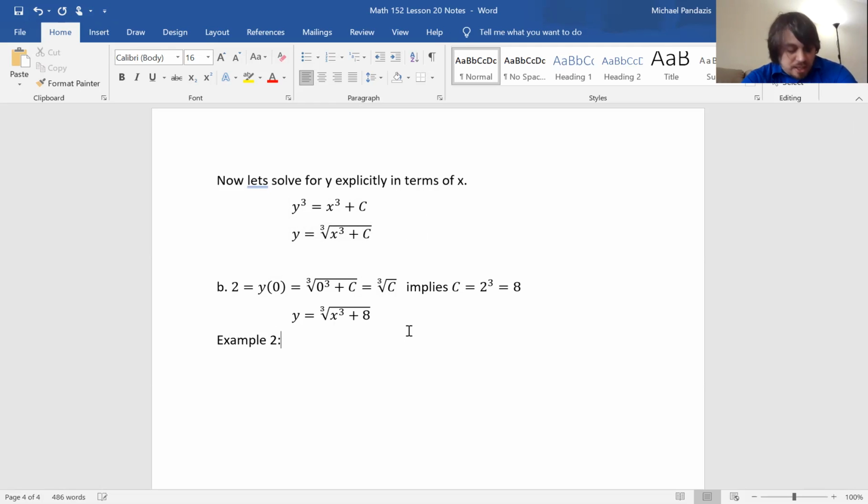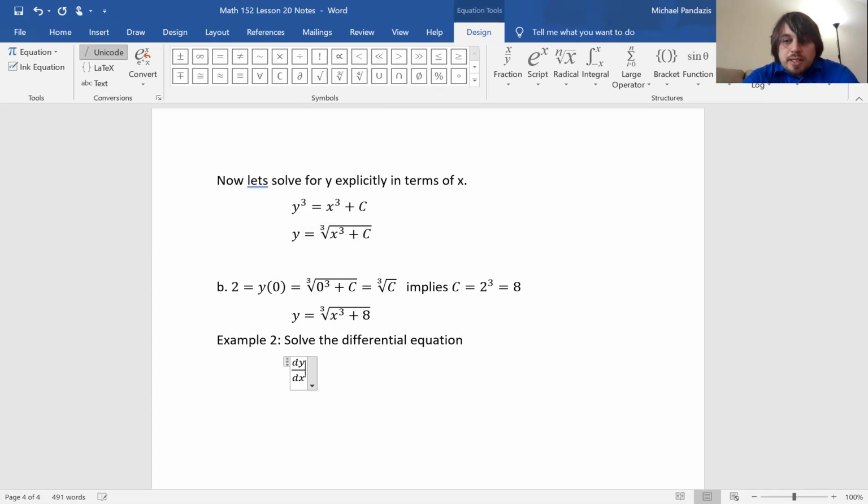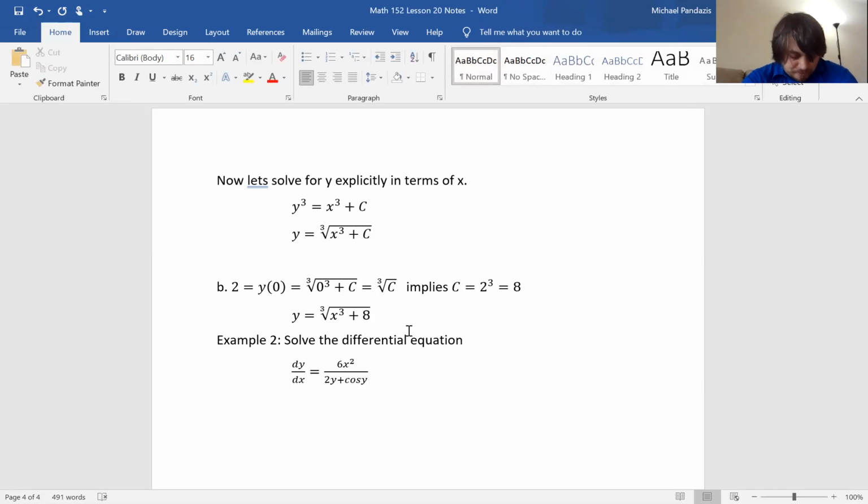So example 2 is: solve the differential equation dy/dx is equal to 6x squared divided by 2y plus cosine y. Solution. Okay, so writing the equation in differential form